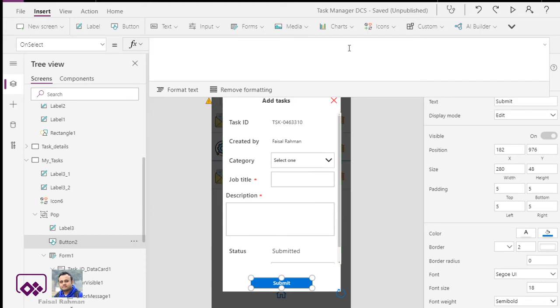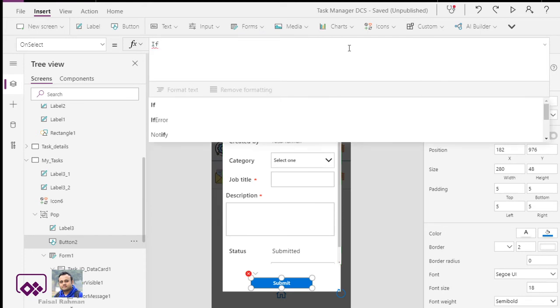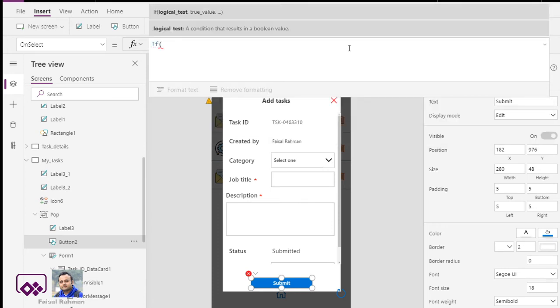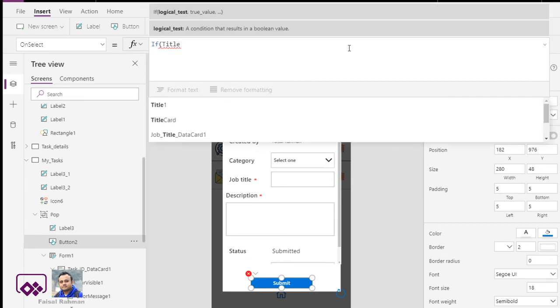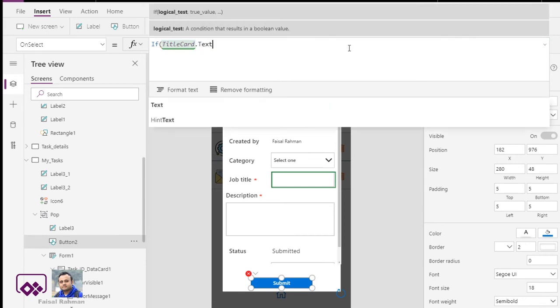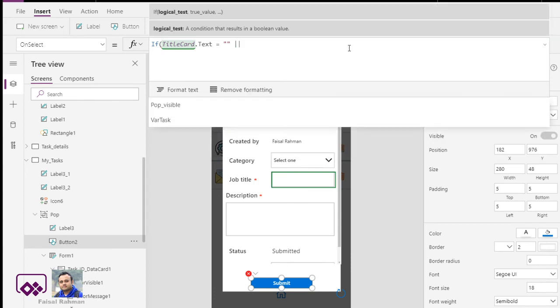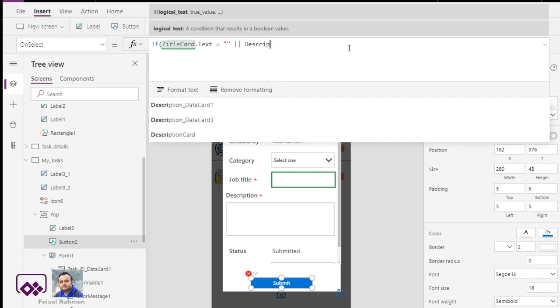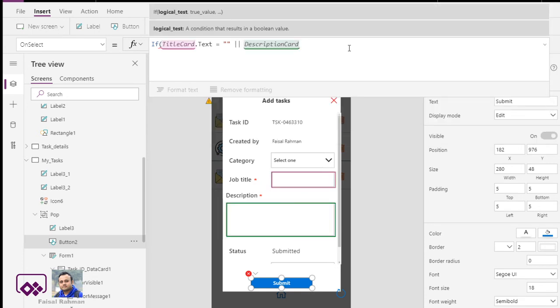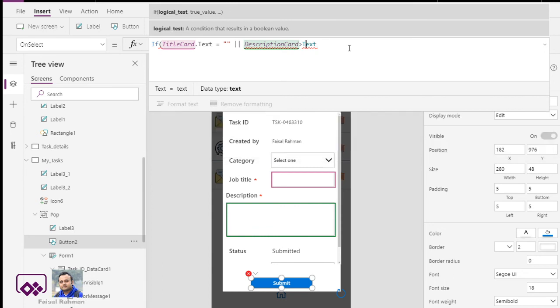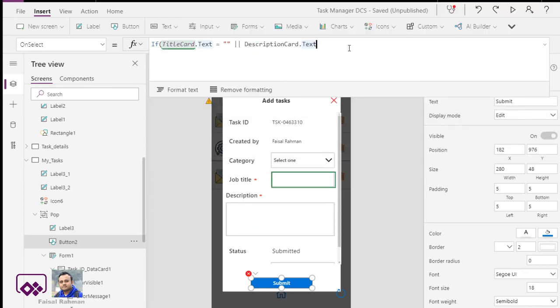Let's erase that, and I'm going to work with an if here as well. If title card dot text equals empty, or description card dot text equals empty,